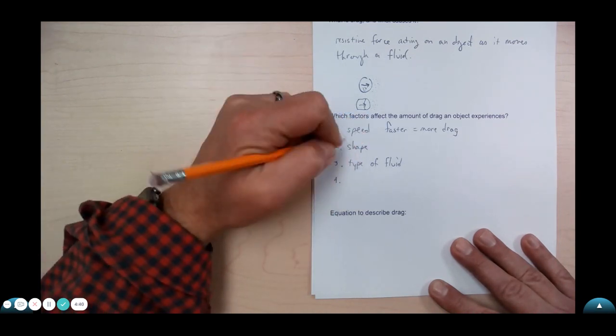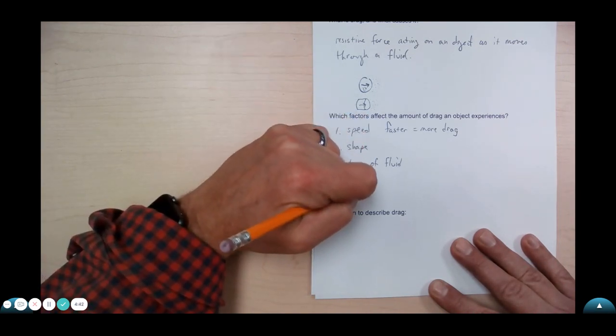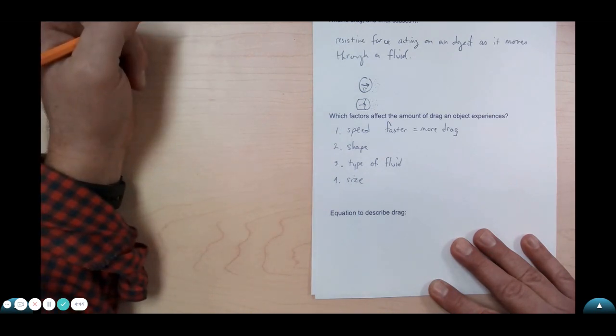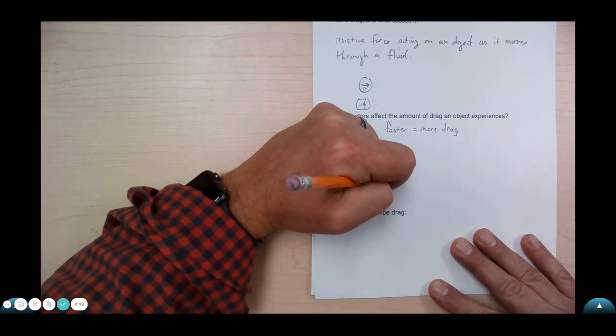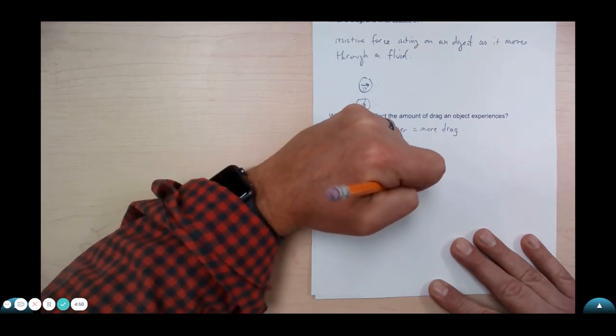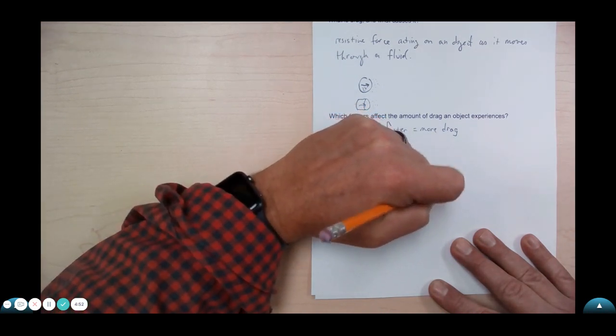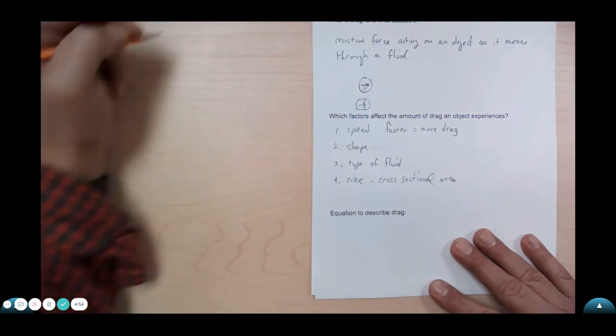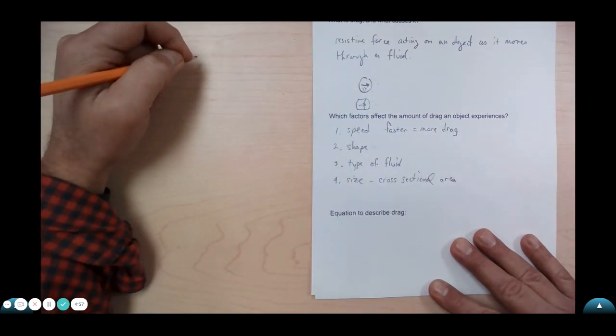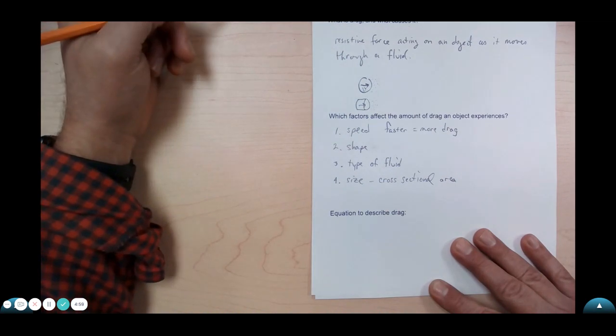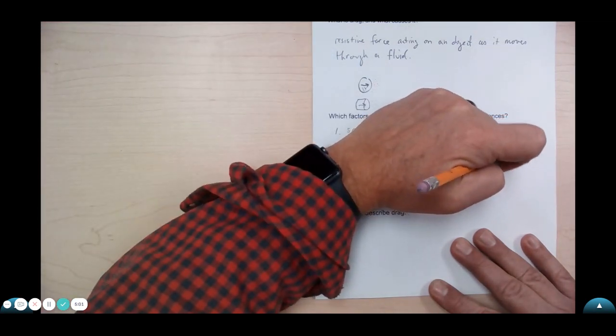And finally, this is also a biggie, the size. And when I say size, I'm actually talking about the cross-sectional area of an object. So let's go back up here to our ball. If I take that ball